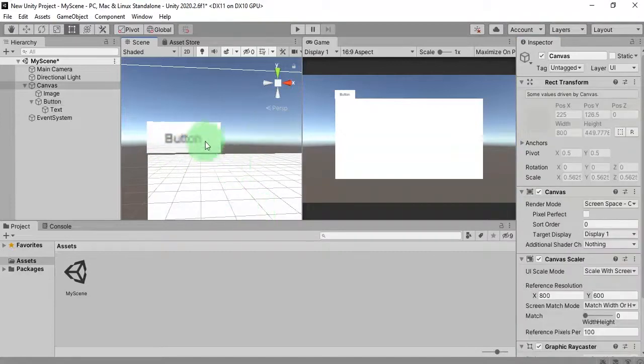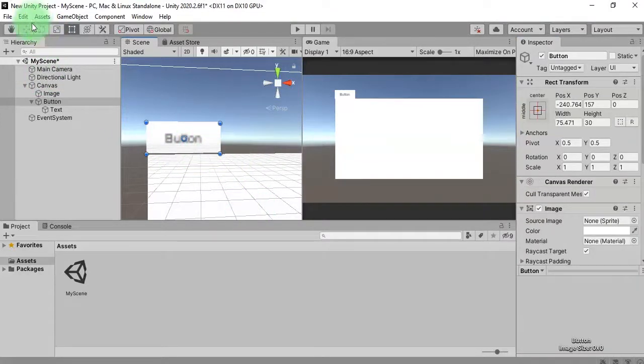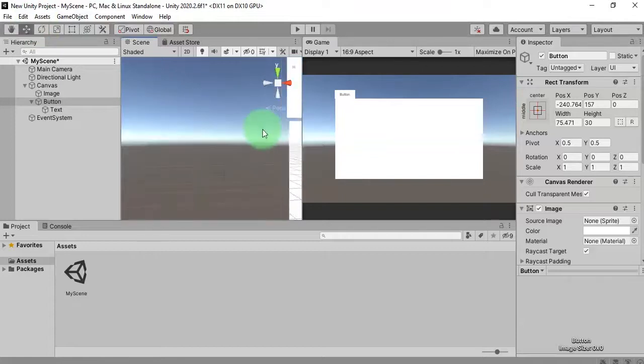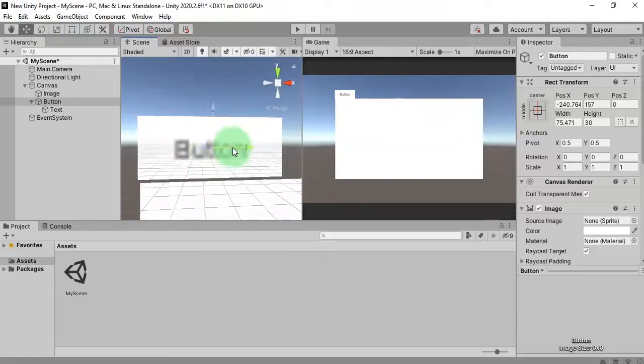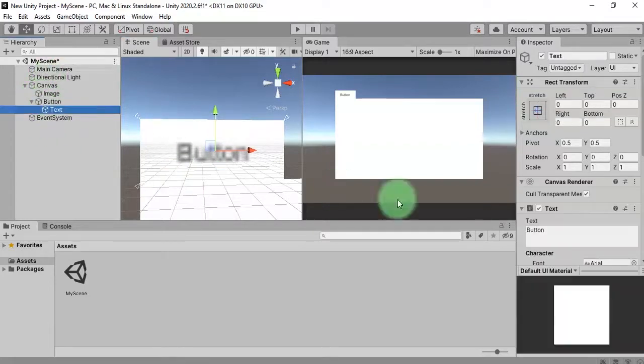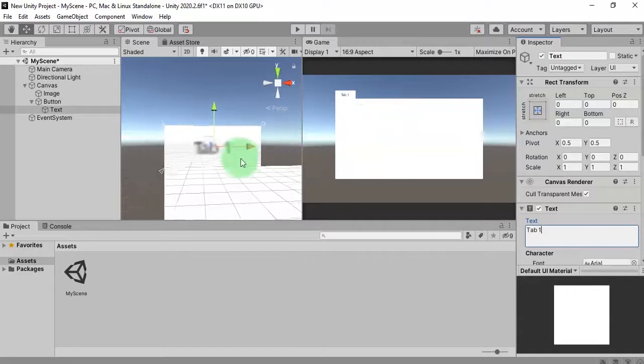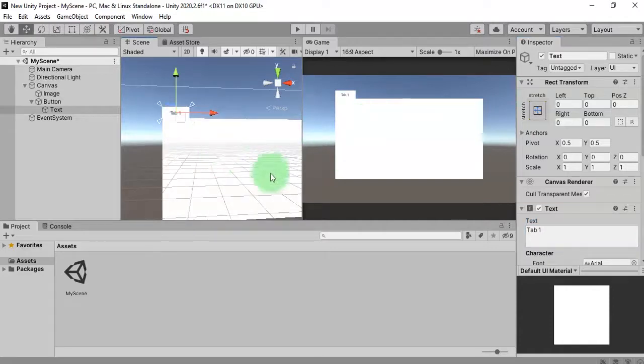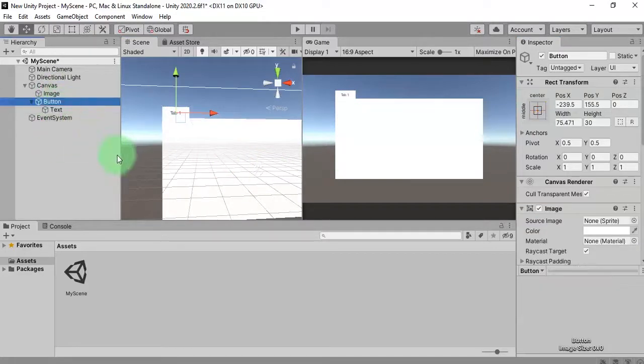And now we have this button, and let me place it exactly here, and I will type tab 1 here. It is too small, but it's fine. This is my tab 1 button,